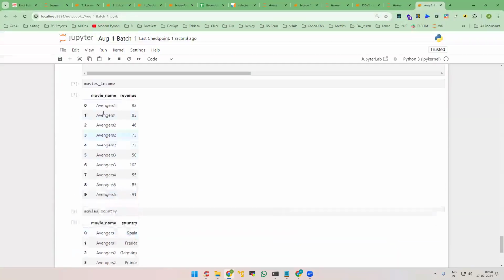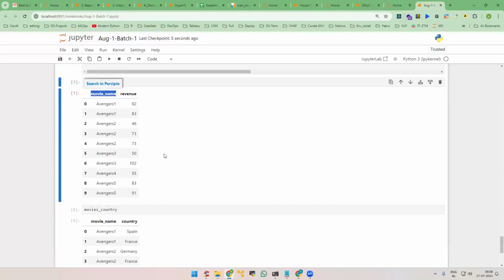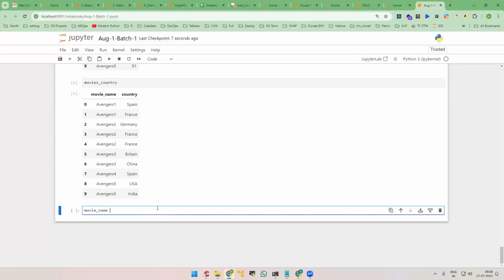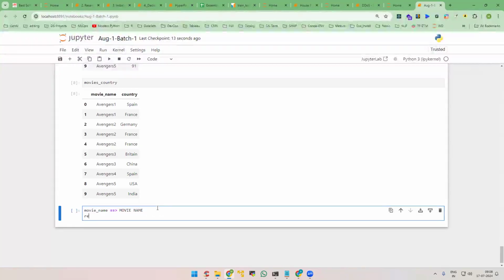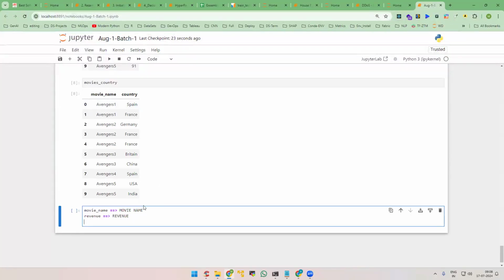So we'll change these columns instead of movie underscore name or revenue. I'll make this as movie name with space, and revenue right now is this. I want to make it as Revenue. Same thing for movie name and country also. Country, I want to make it as